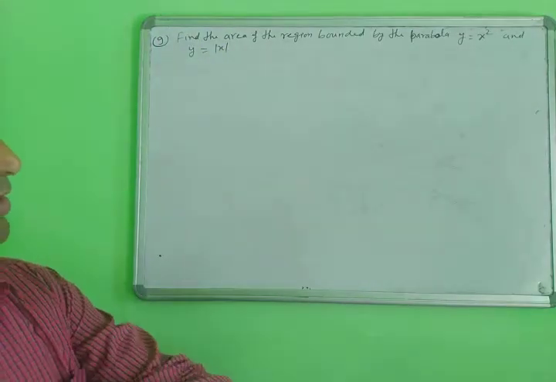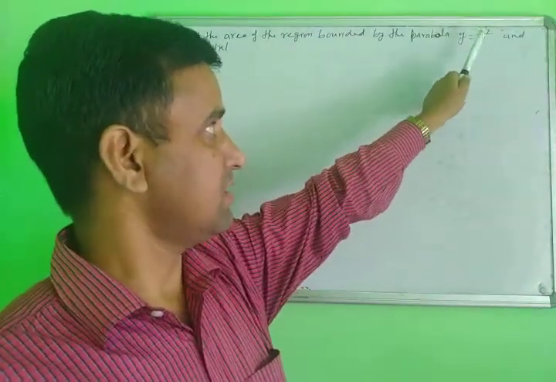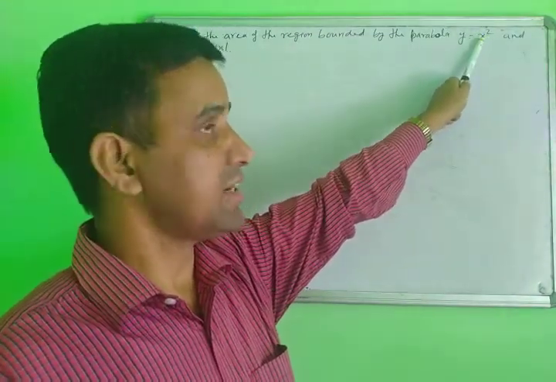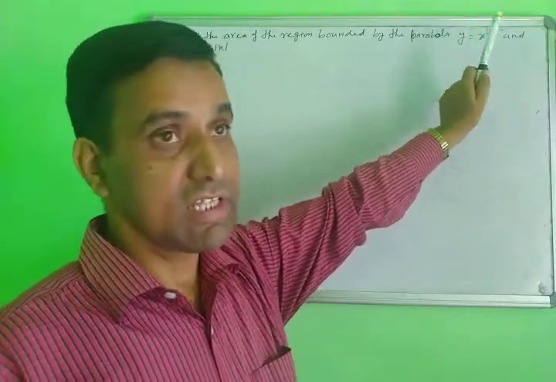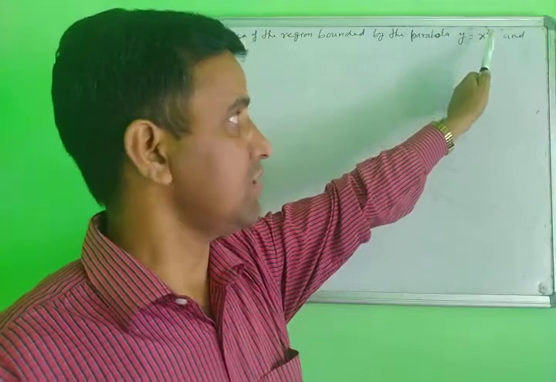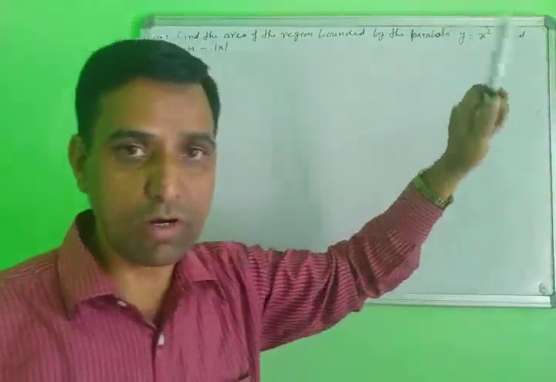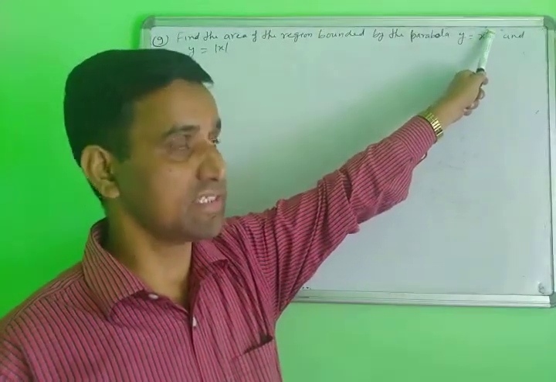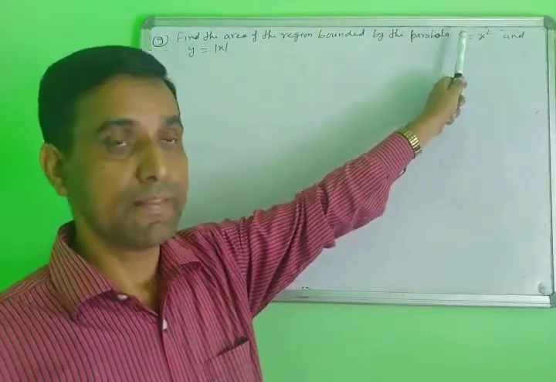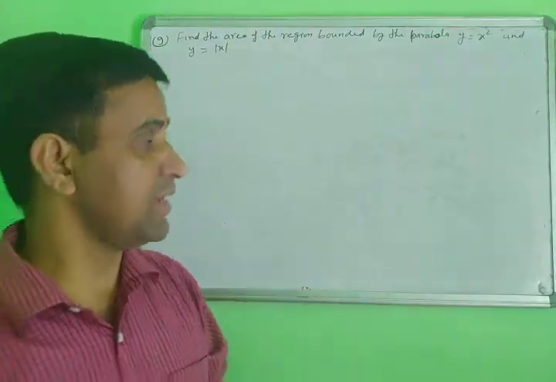First of all, this curve and this one are of different types. Here x square is on the right side and y is on the left side. But don't get confused; check the even power of x and y. The even power is here on x. That means the parabola is symmetrical about the y axis. When the even power is on x, the parabola is symmetrical about the y axis.